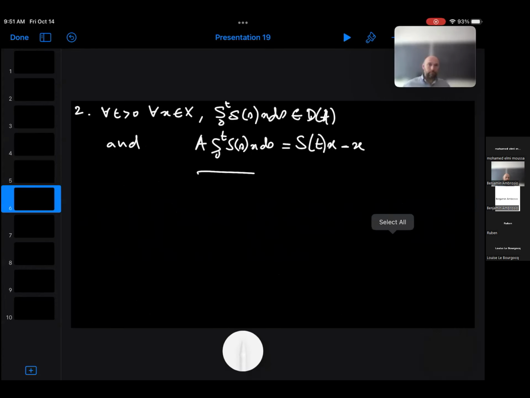So next we are going to prove point 2 here. All right, so let's go. So here first, we need to prove that this quantity belongs to G of A. So in order to prove that, I have to consider